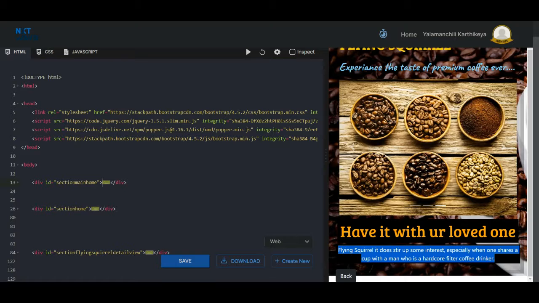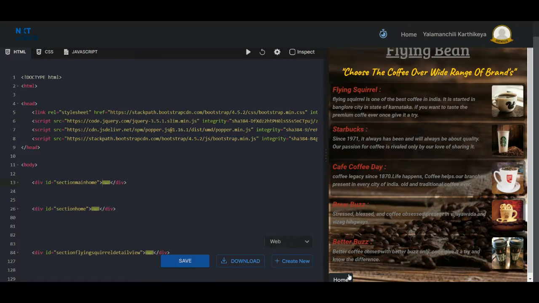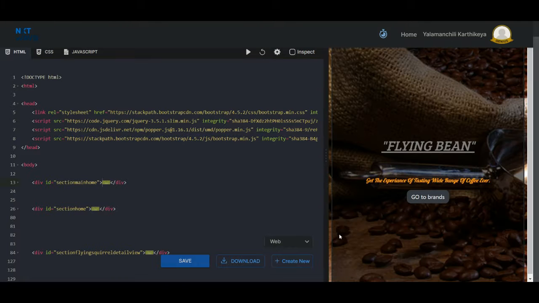In that also, the background color is black, and down to that I'm having a button. If we click back, it will go to the overall card view where you can see all those five cards. And again, if we click home, I got it like this. Coming to the code to get the output like this.